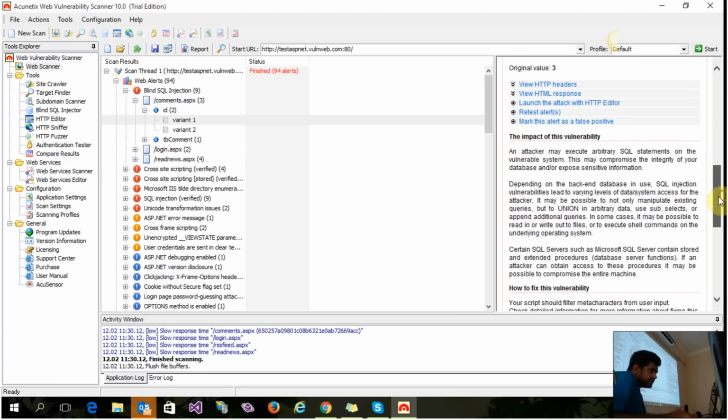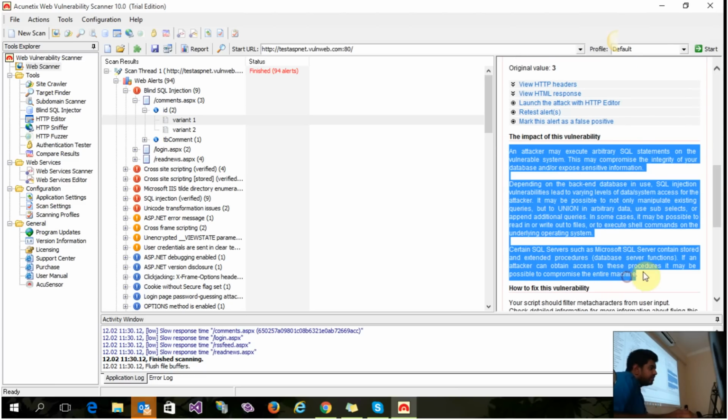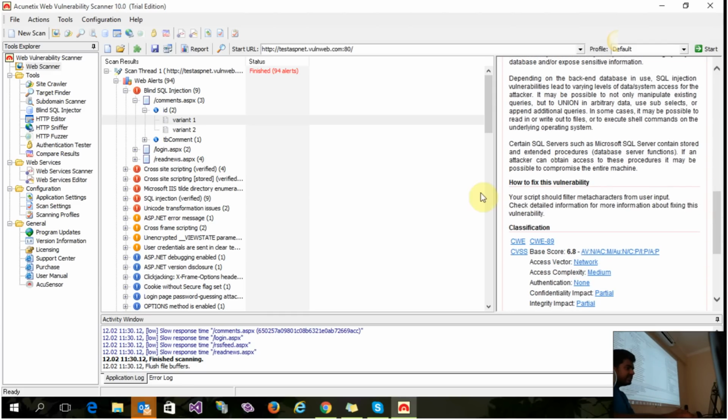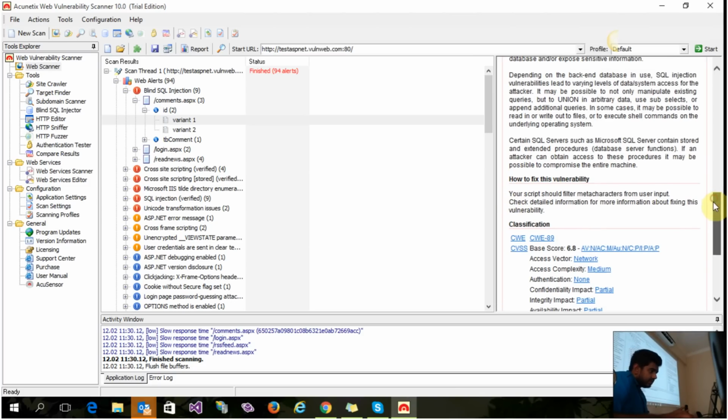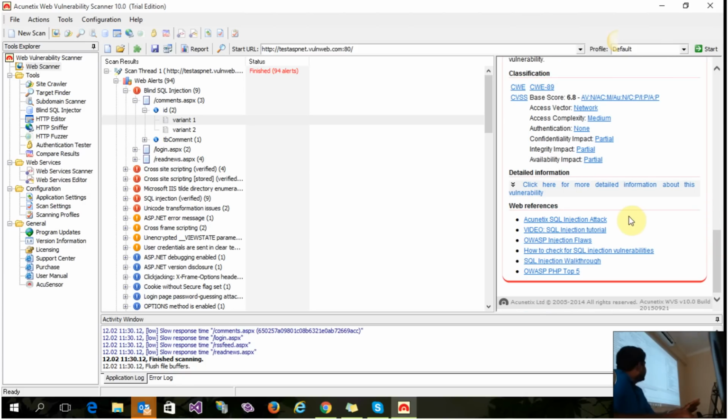and here is the impact of that attack, how it will affect the site, and what will happen to the site. And here the interesting part, they will suggest how to fix that particular vulnerability, and they will also give references for us to do research, and what the reason for these vulnerabilities is, and how we can prevent them. That's the most important feature of this one.